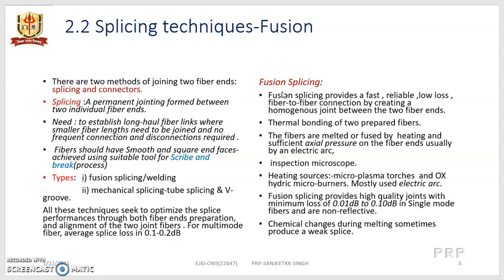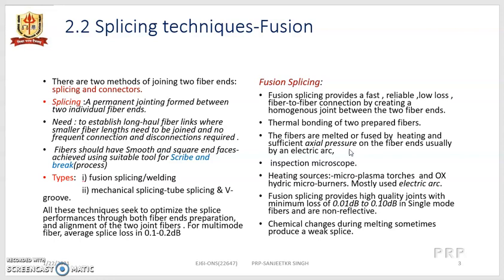So now let's see what is fusion splicing. Fusion splicing is advantageous in the sense it is fast, reliable, low loss, and a fiber to fiber connection by creating a homogeneous, that is uniform joint between the two fiber ends. For that we require thermal bonding of the two prepared fibers, and there is a localized heating of the two fiber ends. The fibers are melted or fused by heating, and simultaneously sufficient axial pressure is applied so